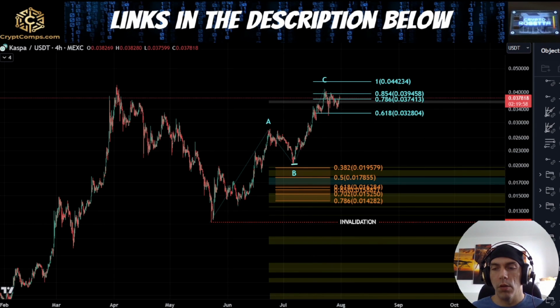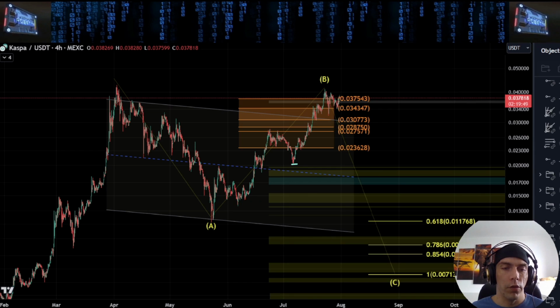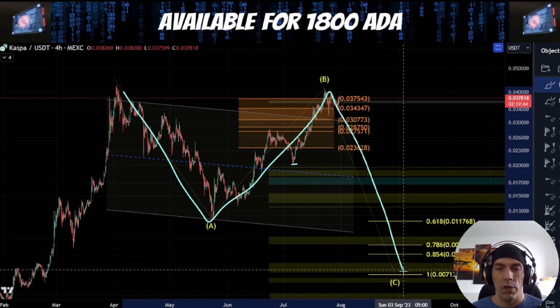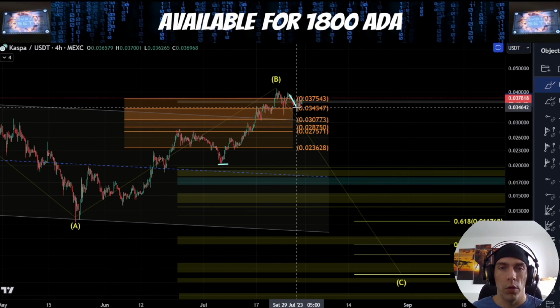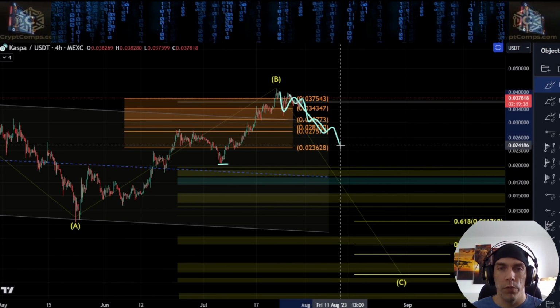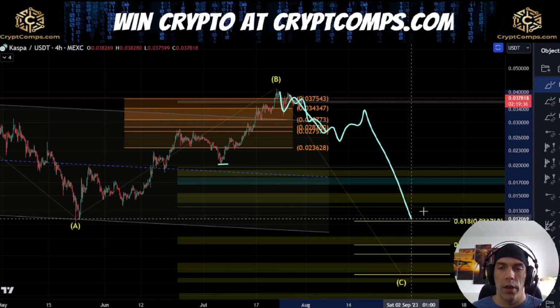And what we could then be looking for is that potential that this could still be an A wave, this could be a B wave, and this could be a C wave. This is why I'm looking out for that potential of forming a 5 wave structure down. If we form a 5 wave move to the downside here, we need to be very careful that